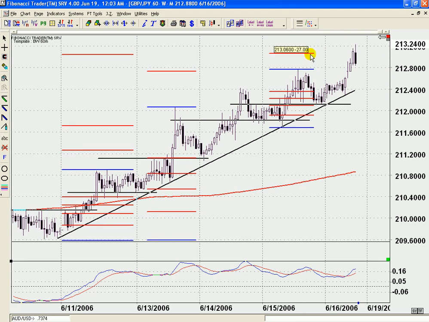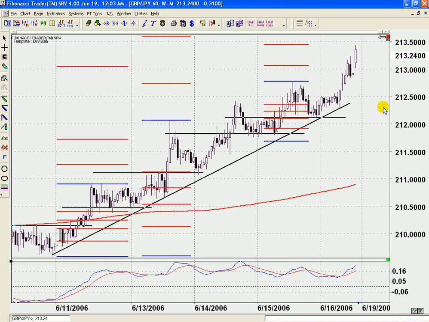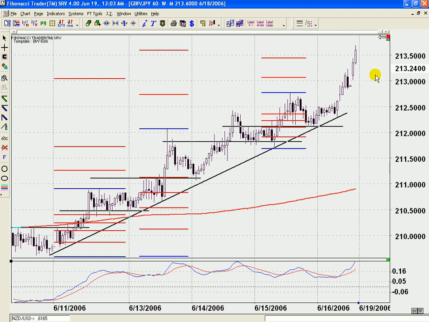It finds its exhaustion point at the 127% extension. We're also at the 262% extension of the original upswing. 213.50. Now we're at multiple extensions up here, and